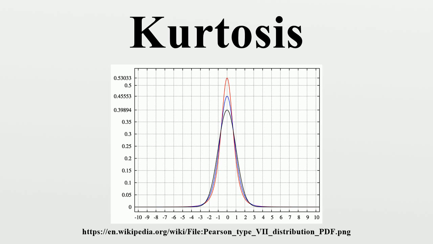Applications. The sample kurtosis is a useful measure of whether there is a problem with outliers in a data set. Larger kurtosis indicates a more serious outlier problem, and may lead the researcher to choose alternative statistical methods. D'Agostino's K-squared test is a goodness-of-fit normality test based on a combination of the sample skewness and sample kurtosis, as is the Jarque-Bera test for normality. For non-normal samples, the variance of the sample variance depends on the kurtosis. For details, please see variance.